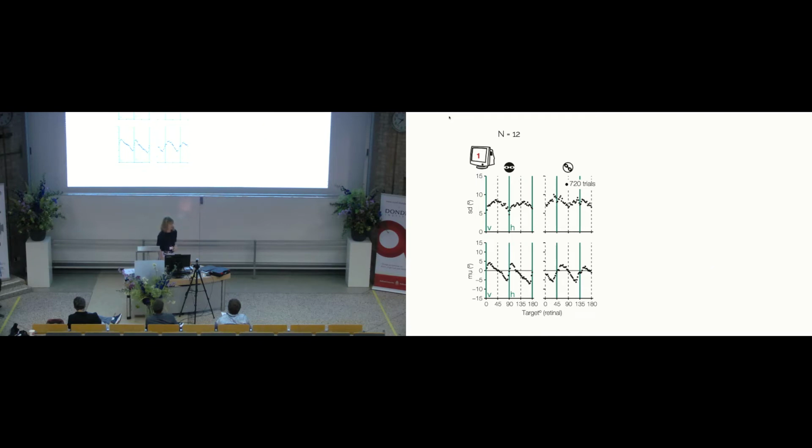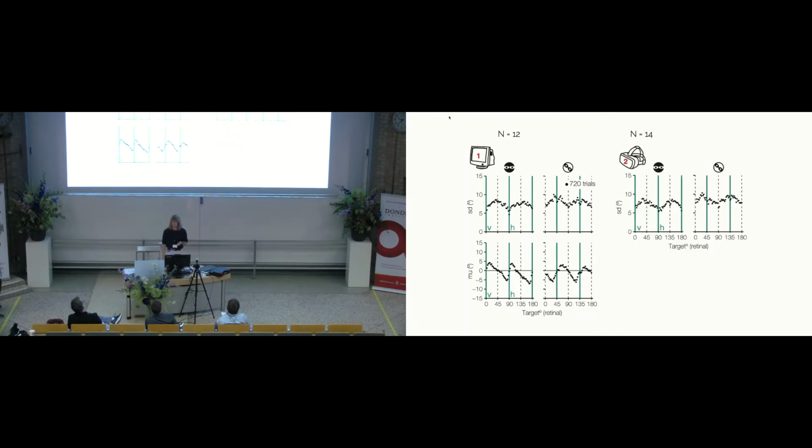Okay, now we're going to take the reference frame away. So instead of a rectangular screen, we're going to use a circular screen. We use an Oculus for that. So there's no more visual reference to vertical and horizontal. And what do our data look like? Well, the oblique effect is still there, and it looks pretty much the same. And it should be, because this is hardwired. We assume this is pretty much hardwired.